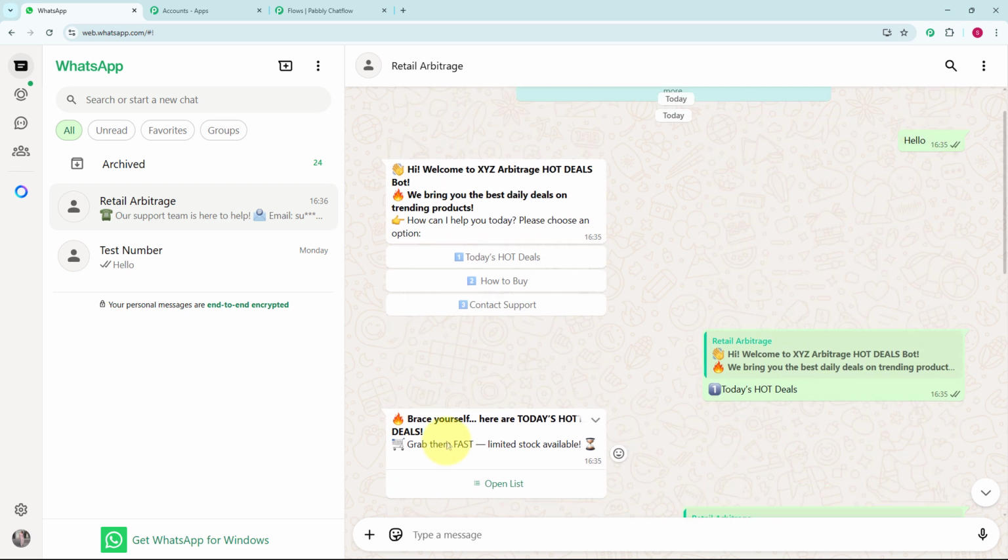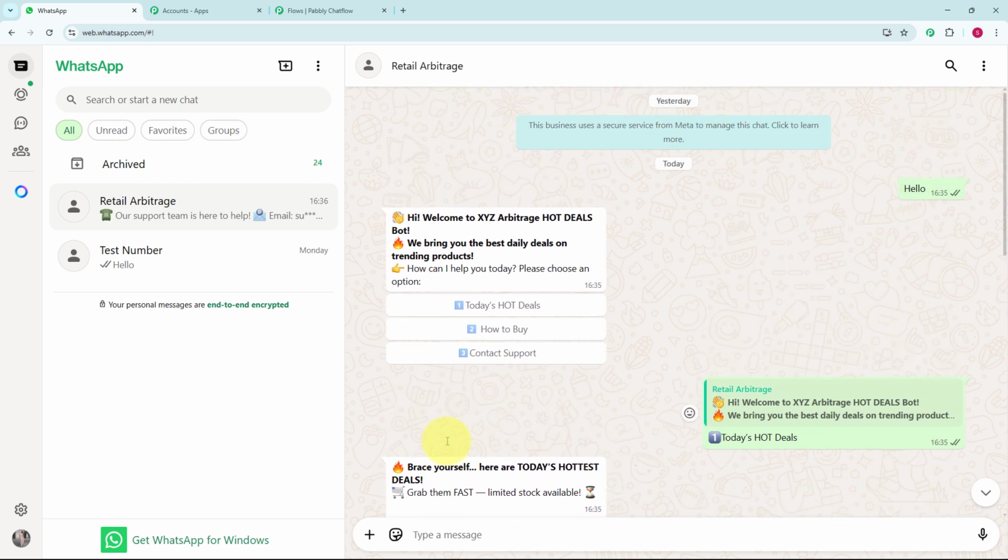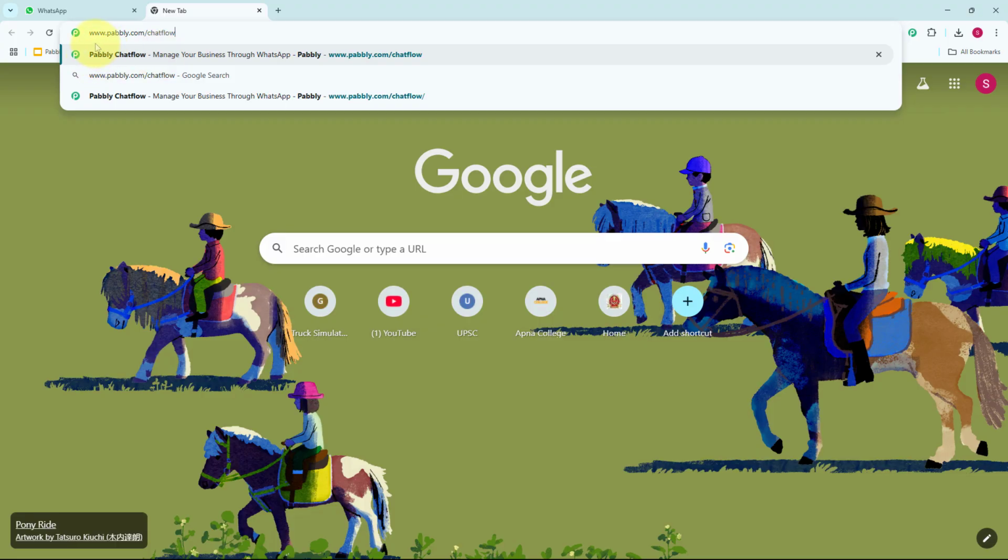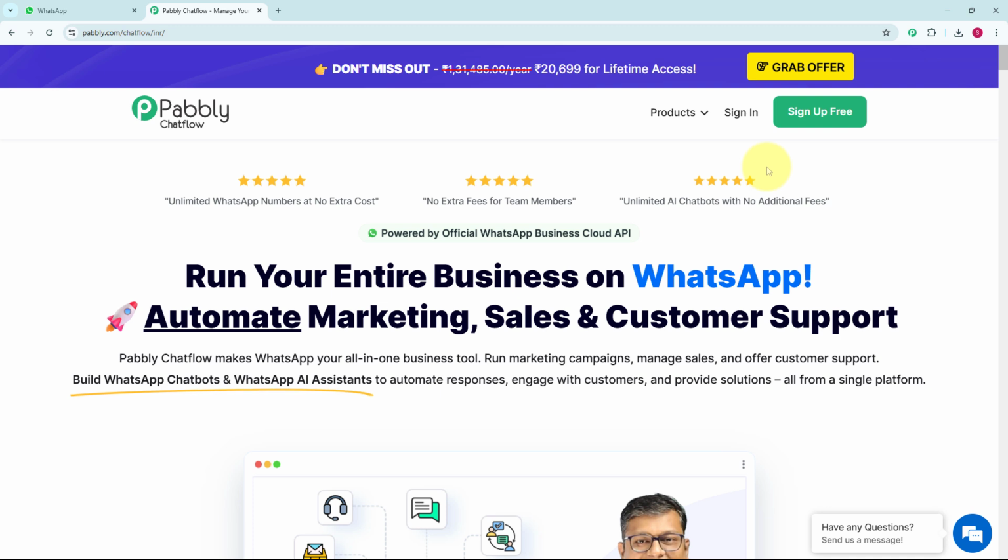So you can also create a chatbot like this for your business by just using Pabbly Chatflow, which is an amazing automation platform. So for accessing the Pabbly Chatflow, you just have to type its URL, that is www.pabbly.com/chatflow. Once you will enter the URL, you will get the landing page of Pabbly, and here you can see